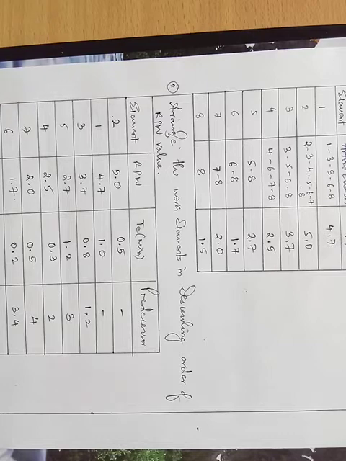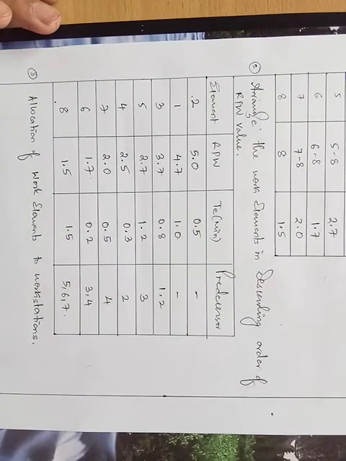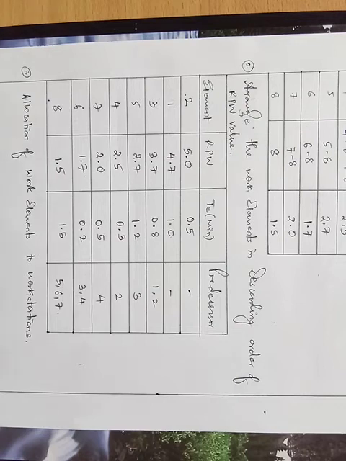Okay, now the third step is allocation of workstations. You need to allocate these work elements to the respective workstations, and in order to do that you need to follow 2 criteria. The first criterion is predecessor feasibility, and the second criterion is that the total sum of the work elements on a particular workstation should be less than or equal to the cycle time. In this case the cycle time is 1.5 minutes. So using these 2 criteria, I need to allot these work elements into workstations.